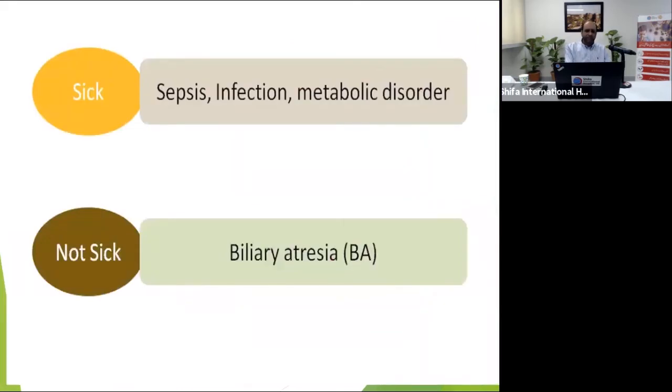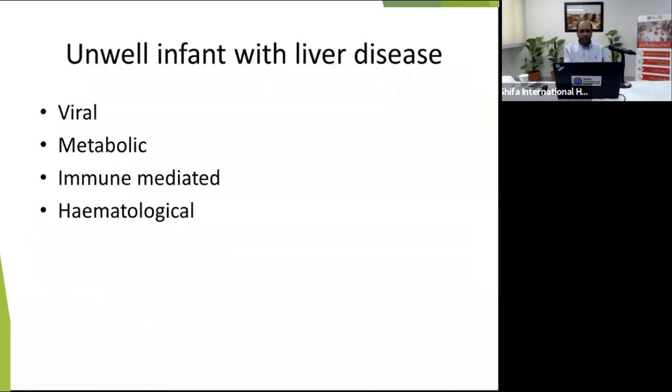Usually biliary atresia babies are not sick. As we have seen, they usually present even up to 2 months, 3 months of age. So for the sick babies, if they are having features suggestive of hyperbilirubinemia, cholestasis, jaundice, you think of sepsis, infection, metabolic disorders. And these are the 4 major areas that you need to keep in your mind that could be